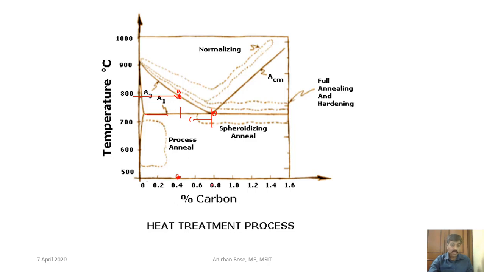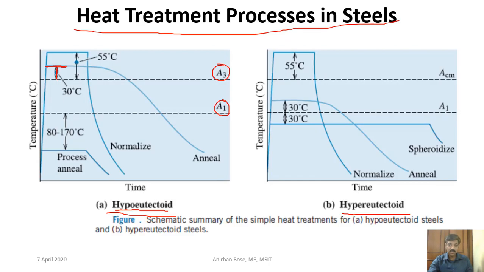Okay, if your steel is not hypoeutectoid steel, but a hypereutectoid steel, say the carbon percentage is 1%, then what is the guideline for the full annealing process? You see, for the hypereutectoid steel, this is the annealing process, you have